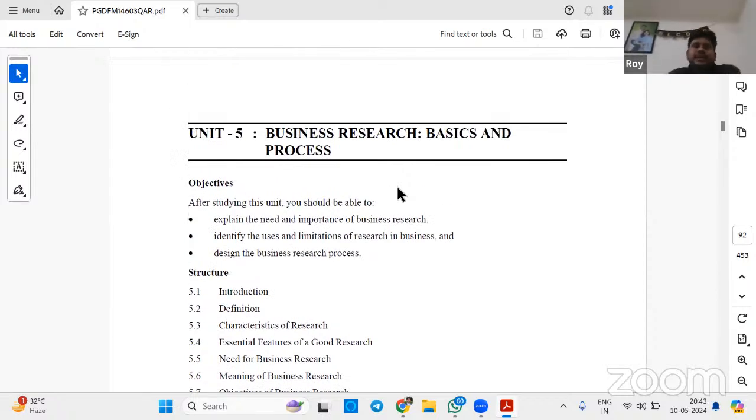Let me give some little introduction to this research. Maybe in the first class, I don't know how many of you attended, we talked about research. Research means searching already existing things. Re means searching again for the things. Now, business research is a little different. Of course, every research is different. Business research is a little bit closer to the